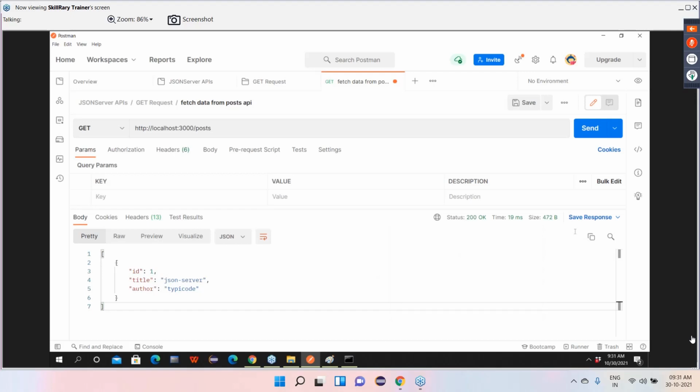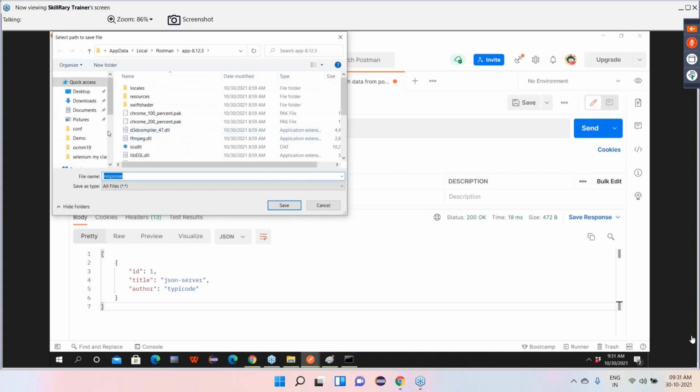Okay. Now, if you want guys, sometimes you may get a requirement, boss. I am sending the request, I am getting the data, and I am getting a huge data. Okay, big response I am having, not like this very short in real time. Then I want to save that response for future purpose. Are you able to see what option? Save response. You can just go here, save response as an example or save to some file. So you can go here in a physical file, you can save it.